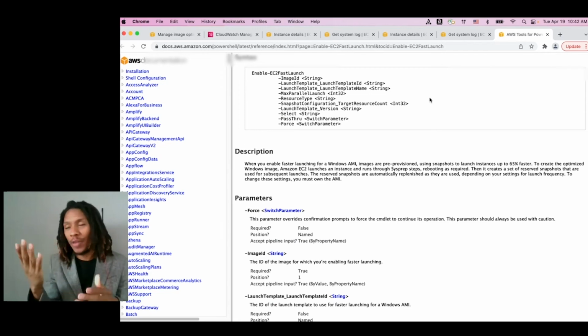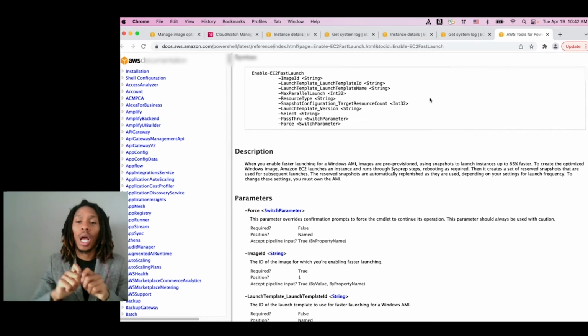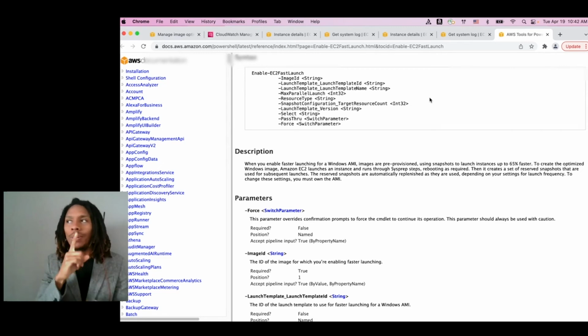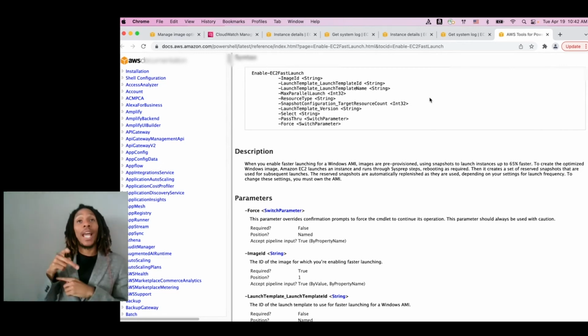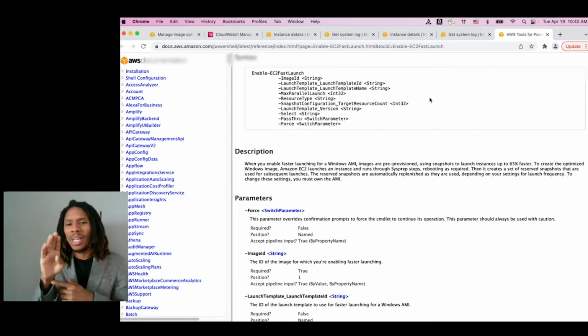Like I said, there are some advanced options you can do. You can include a launch template, and you can do that from the API as well too. Actually, feature coming very soon. I spoke a little too fast on that. But from the API, you can add a launch template. So if you want to do a non-default VPC, if you want to use IMDS v2 or some things like that, you can specify that in the launch template, and then that'll be a process as part of your faster launching.